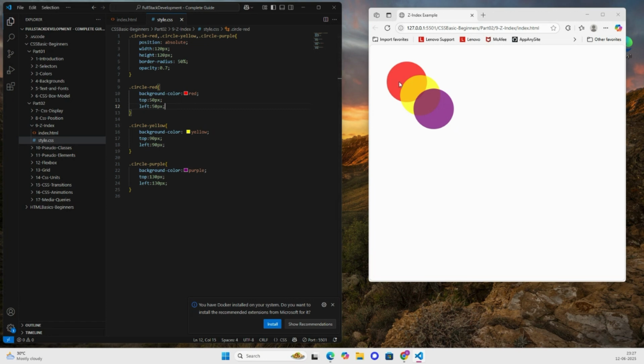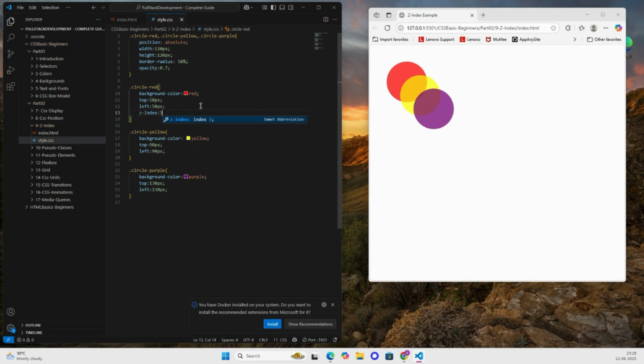If I want this red to be on top, I have to give the Z index value higher compared to these two. Let me show you. If I give here the Z index,